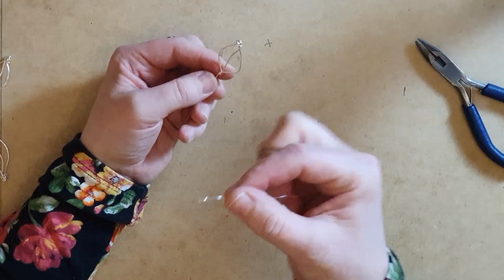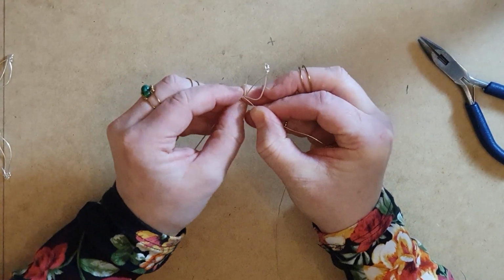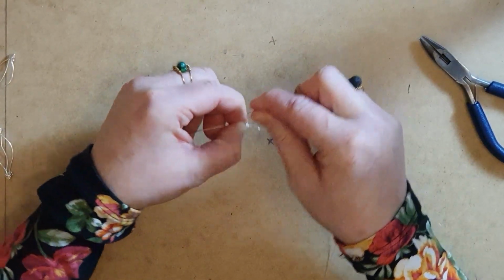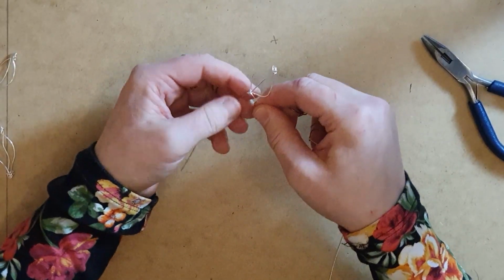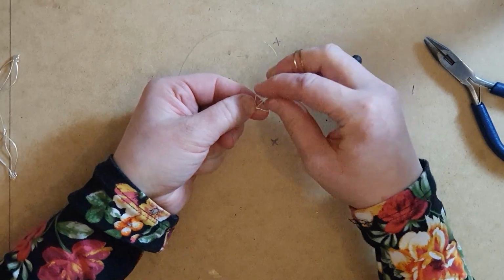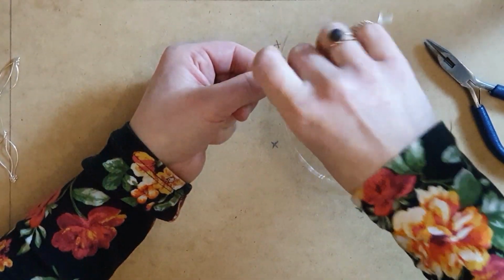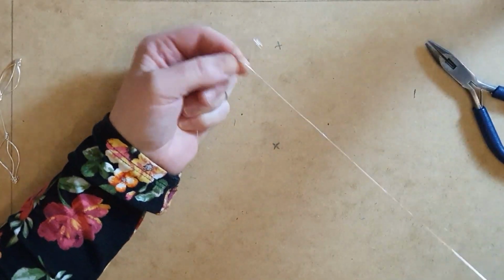The thing with this leaf though is that actually if you run out, you can just get another piece of wire and continue wrapping, because you can't really tell. Because it's quite closely wrapped, it doesn't really matter. So what I do to start with is I poke it through the little hole at the bottom and I wrap it round a couple of times just to get a nice secure hold, and then I start to wrap. So I'm going to go through the centre and then down through one side,